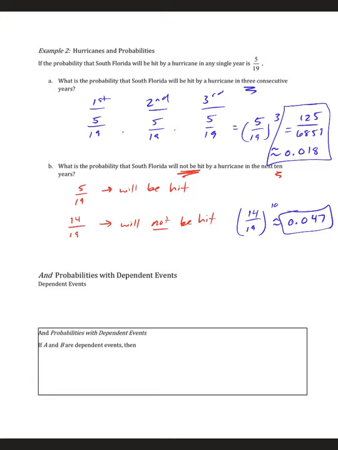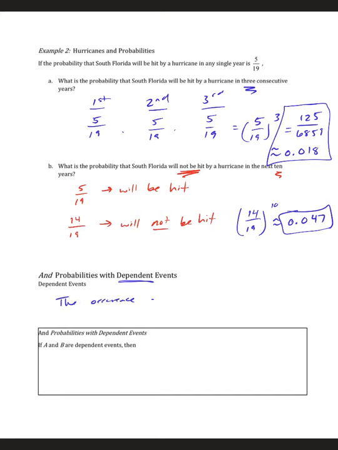The next idea that we're moving to is talking about probabilities with dependent events. Dependent events is where one event depends on the next one happening. For example, if we're talking about the deck of cards, if you choose one card and do not put it back into that deck, that's going to change your probability with the next card that you draw. So dependent events, what we're going to write here is